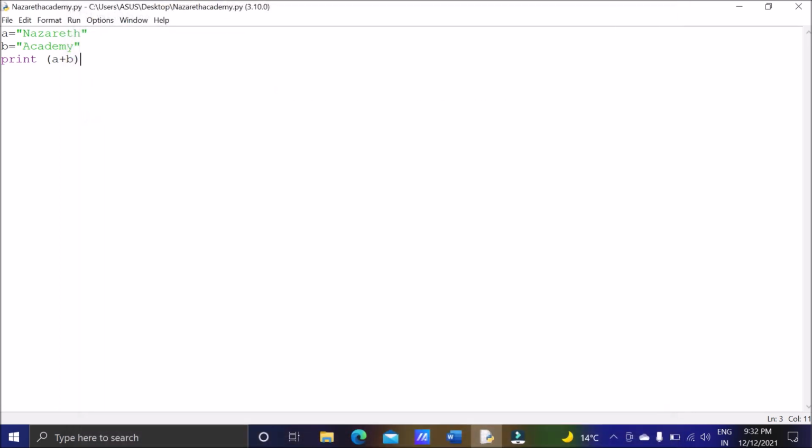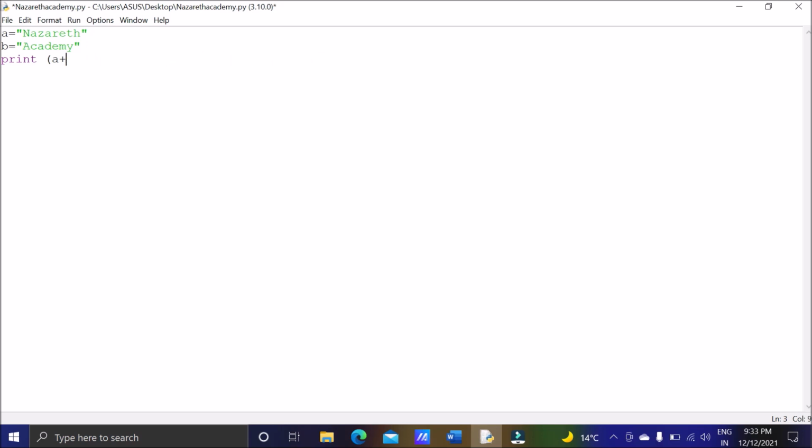So plus works as addition operator. It joins two or more than two string values. That is why we call it concatenation operator. Here plus is also called concatenation operator.